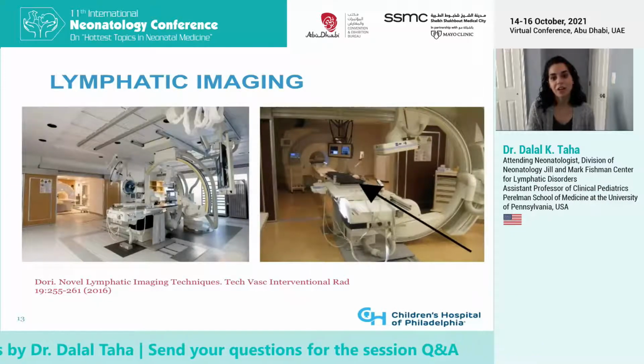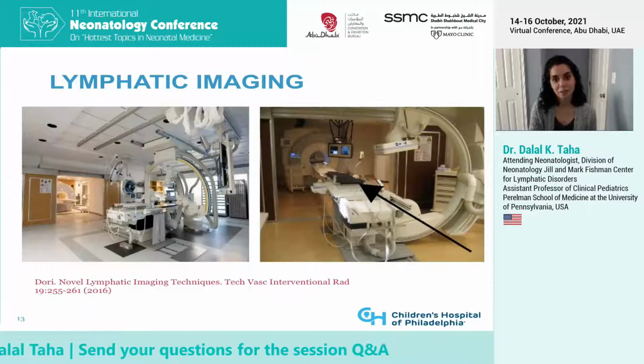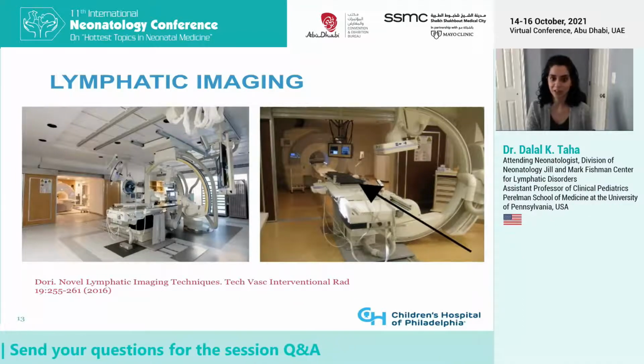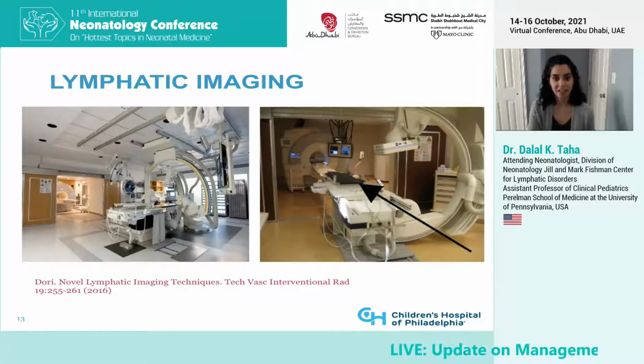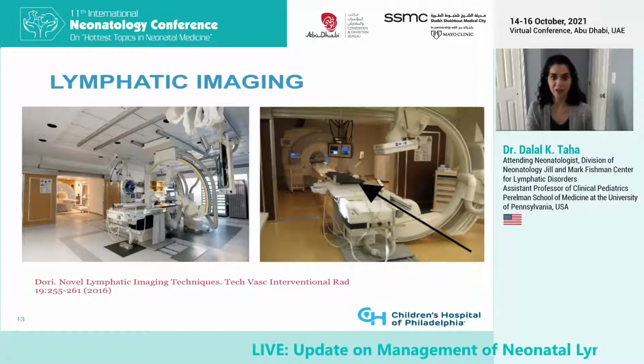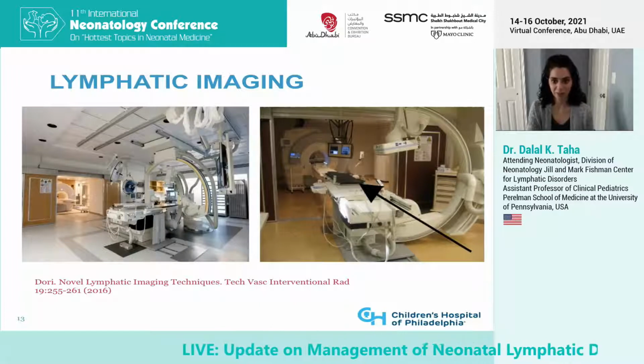Lymphatic imaging that requires intranodal access is typically performed in an XMR suite like the one pictured here. The inguinal lymph node needles are placed in the first part of the suite on the left. Once needle position is confirmed, the table that the patient is secured on can move along a track into the MRI scanner, or they may stay stationary if it's undergoing fluoroscopic imaging.